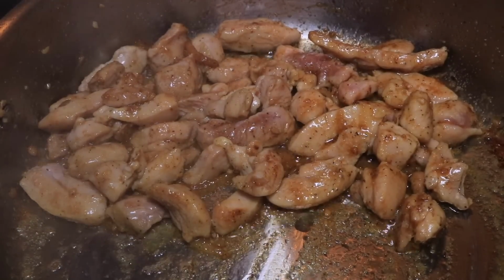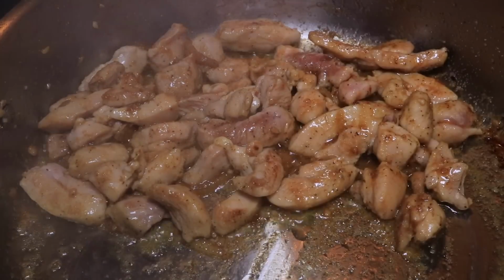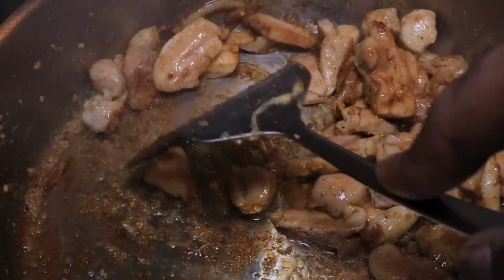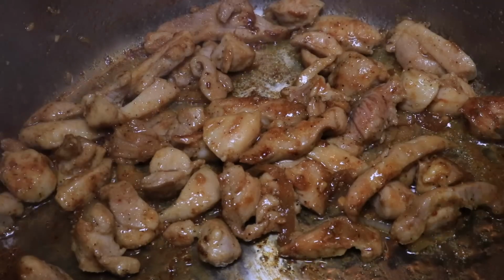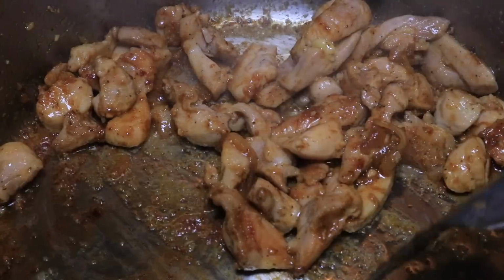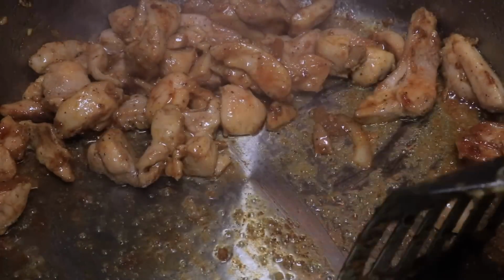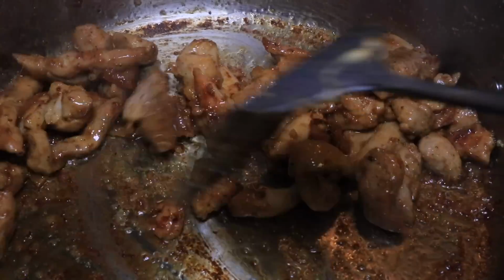And you're going to let that chicken cook until it's fully cooked. And then once it's fully cooked, we're going to then bring back in that pork, add it in with the chicken. Alright, so now that you got that chicken at 165,